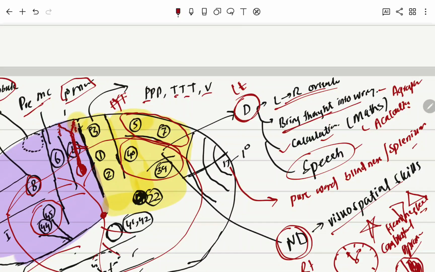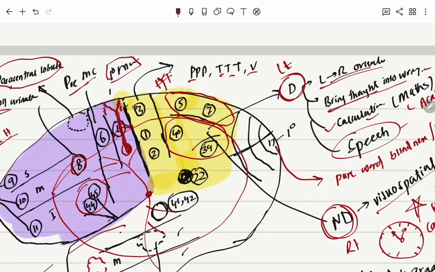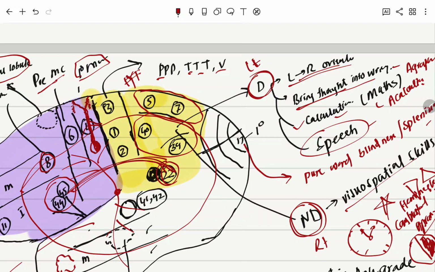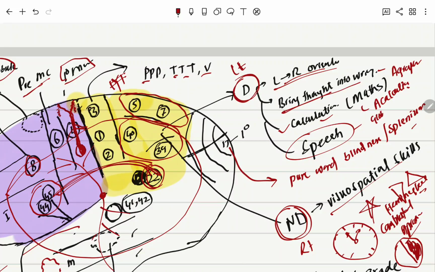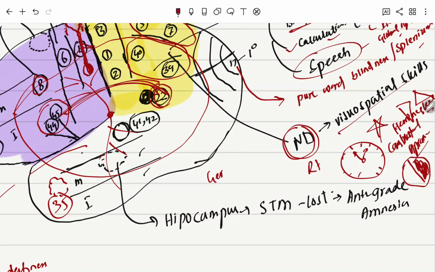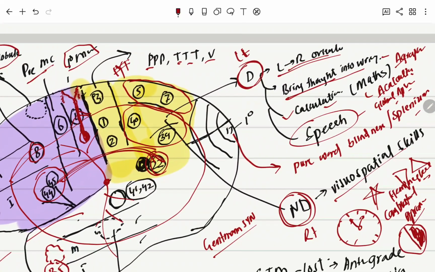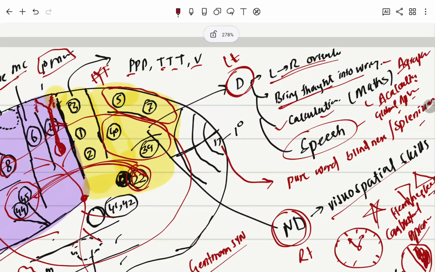And we know that most of this whole area, Broca's area, the arcuate fasciculus, and the sensory speech area, is supplied by the MCA, the middle cerebral artery. So there will be global aphasia. So agraphia, acalculia, aphasia, and left to right disorientation. This is called Gerstmann syndrome. That's all about the functions of the left and right